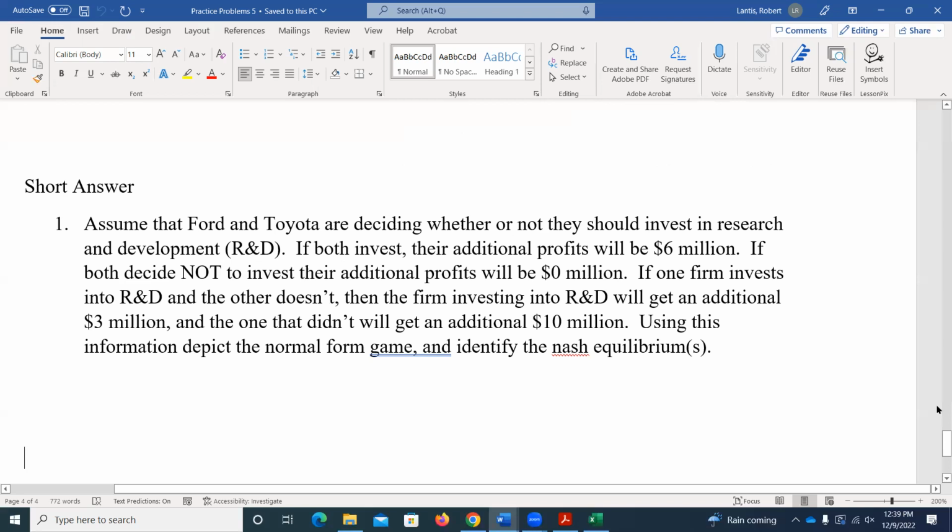So let's see if I can do this one off the top of my head. I was listening to someone talk earlier. So I think, so I'm sure everyone's heard of mutually assured destruction, right? Like with nuclear war. So you kind of think about this as